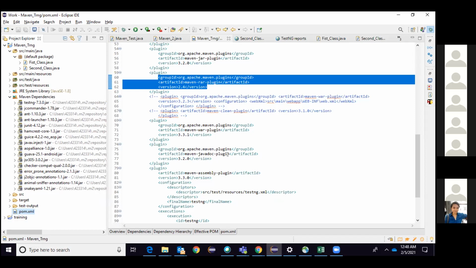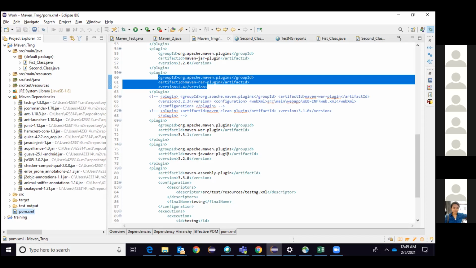If you did not add the JavaDoc plugin, no problem, your project will run. If you did not add the Surefire plugin, no problem, your project will run. So the point is the preference is less. Dependency has more preference because it gives you supporting classes to run. When you develop, it gives you the supporting classes so that you can write the code, right? But without plugins also, you can write it.